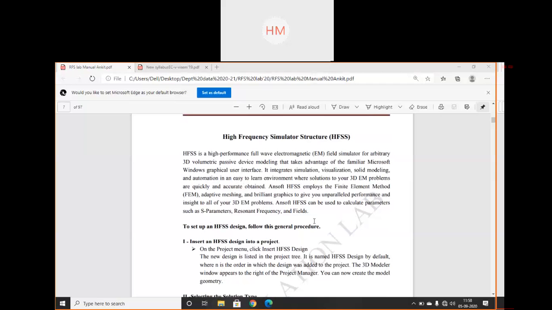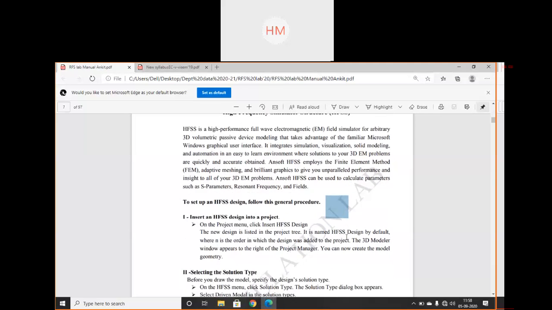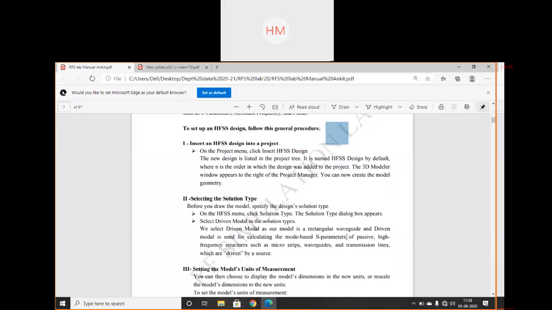Now to set up an HFSS design, follow this general procedure. You can write the bold data.